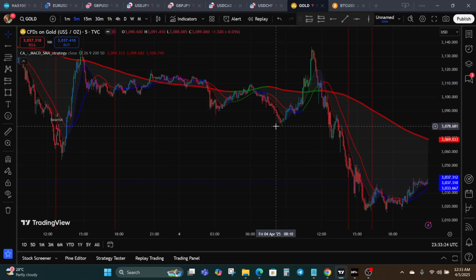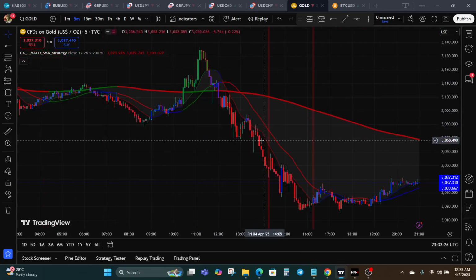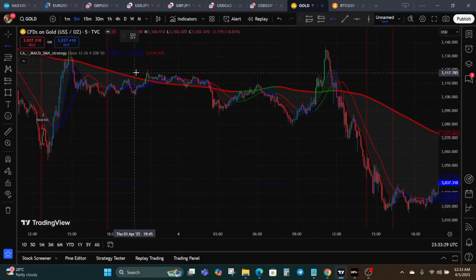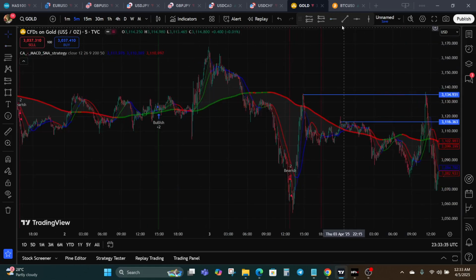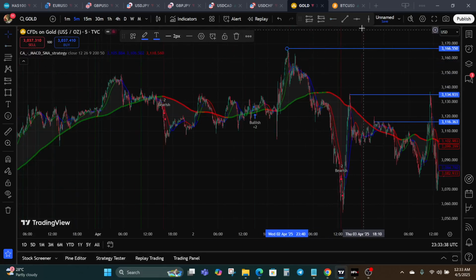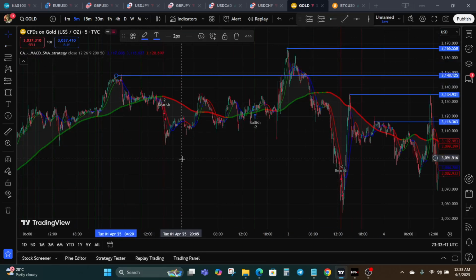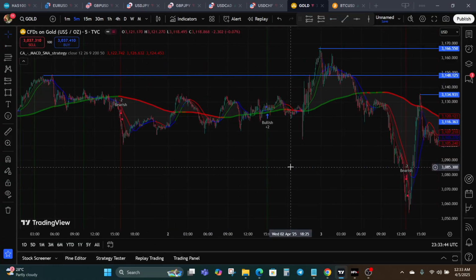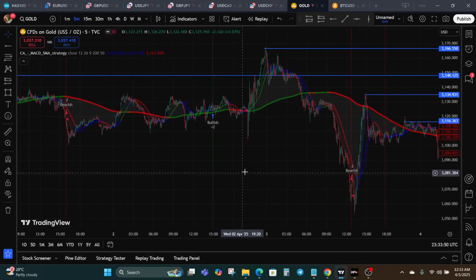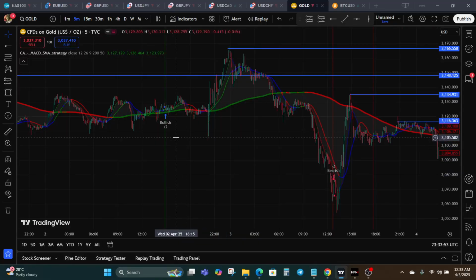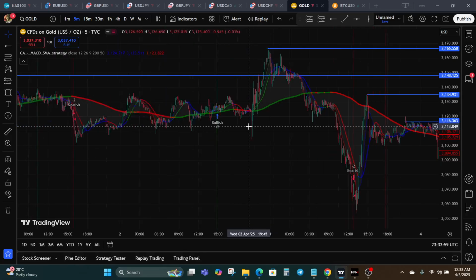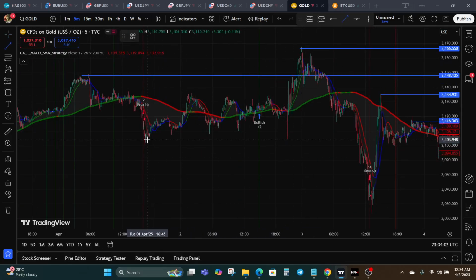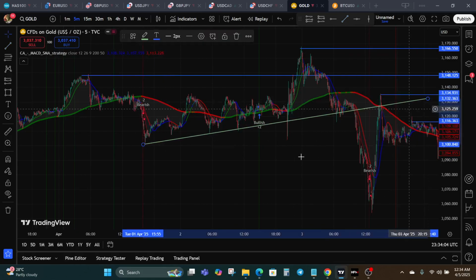To make this MACD even more powerful, you can combine it with support and resistance levels. On your chart, you pay attention to these important levels, where rejections and reversals are likely to happen. So when using this indicator, just wait for the indicator to show a clear momentum shift and price to react at a key level. For example, we can see that here in this particular scenario, we had a bullish trend,